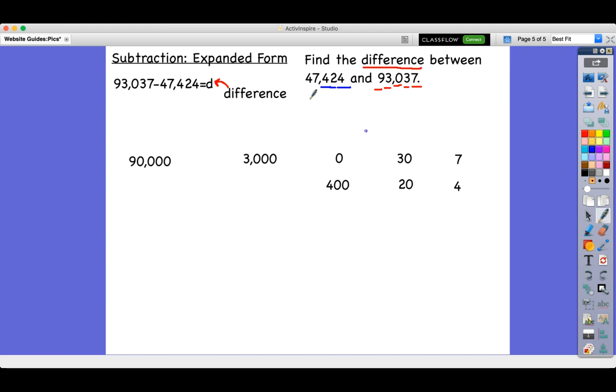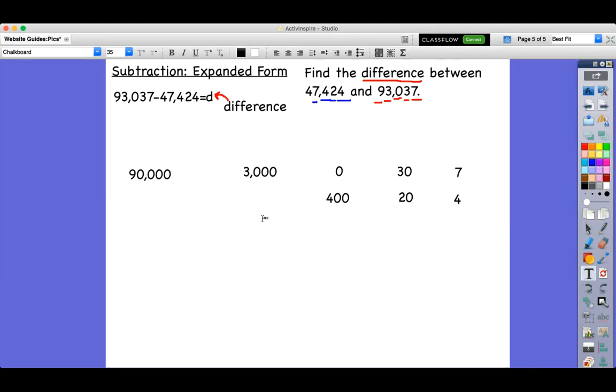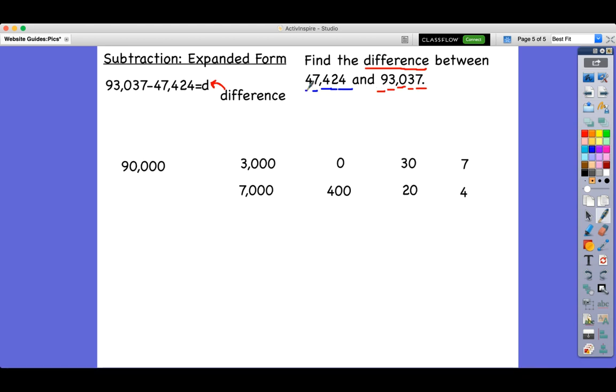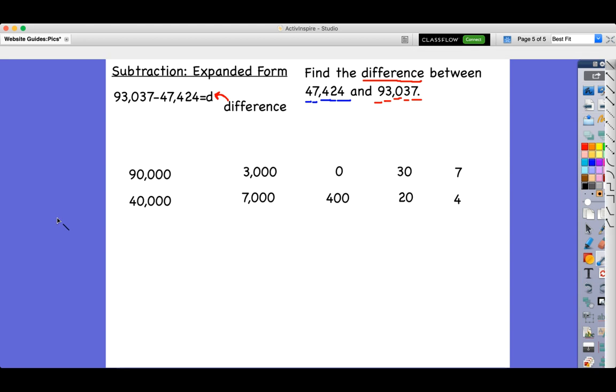Next, the thousands place has a 7. So the 7 has a value of 7,000. Put that right beneath the other thousands place. And last, we have 4 in the 10,000s place. So 4 10,000s is equal to 40,000. So now we have all of our numbers in expanded form stretched out, so they're just a little bit